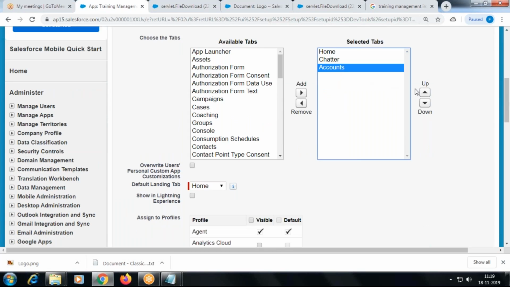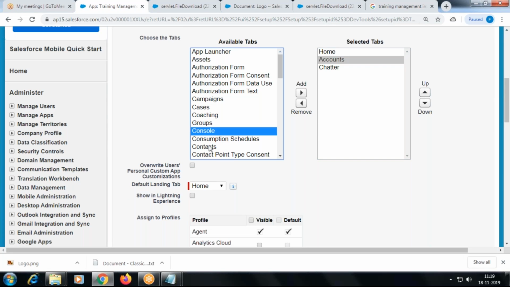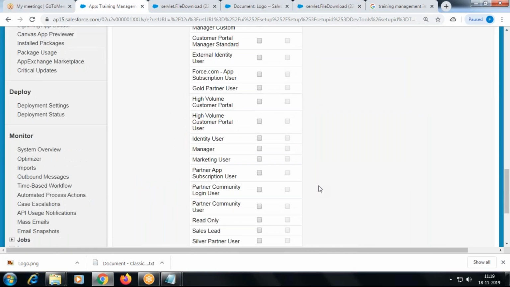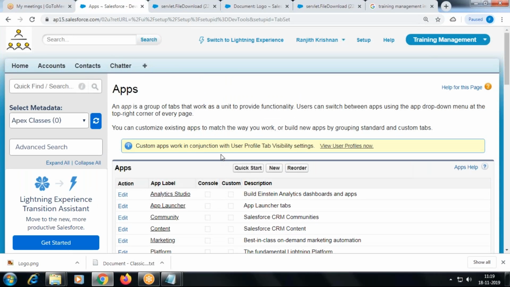If I'd like to reorder, select up. Okay. If I'd like to add any more tabs, we add them. Whatever, right? You can arrange it and then save. So now the logo is changed.